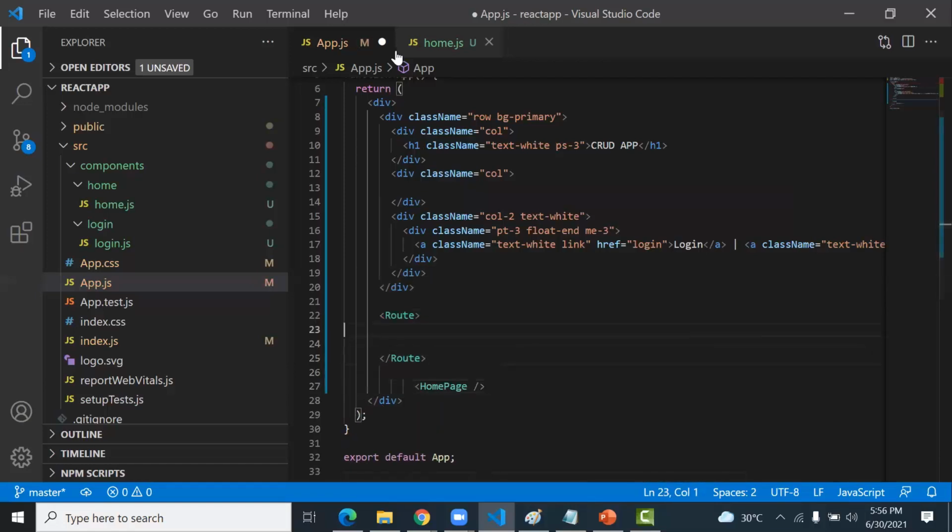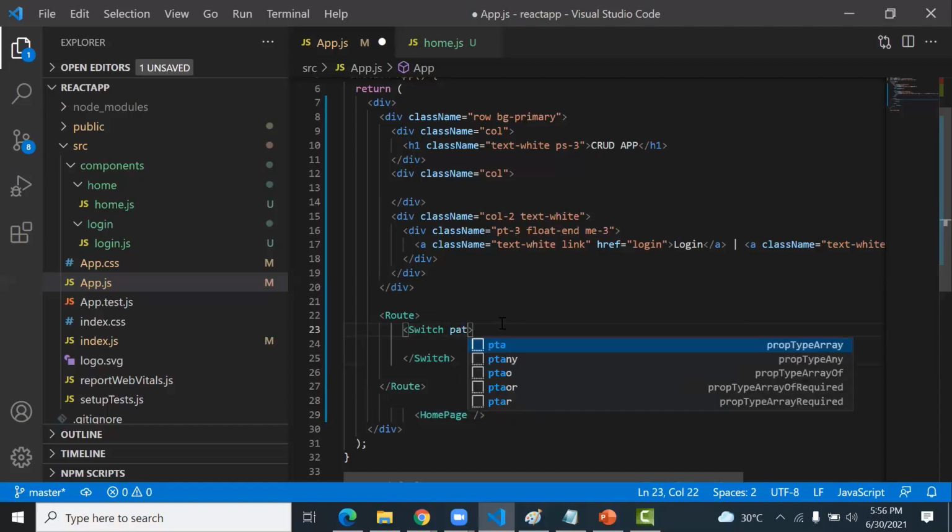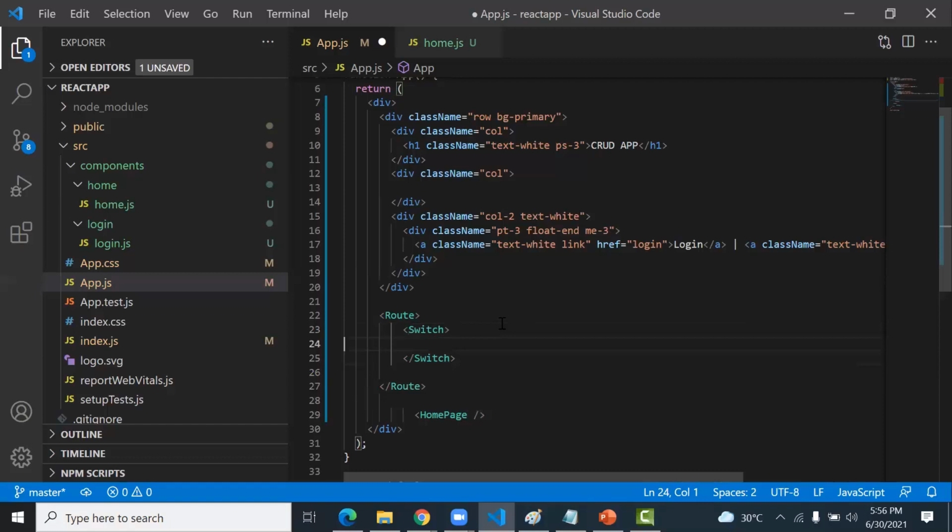After this, in that Route, you add Switch, and in this Switch, I add this component called home page. So I introduce you about this Switch and Link once again.